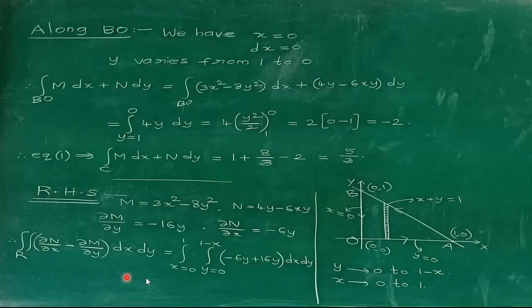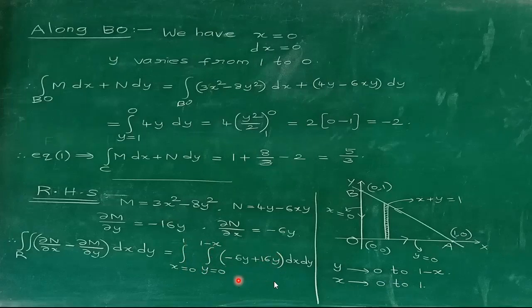But to get the limits of x and y, consider a strip either parallel to the x axis or parallel to the y axis. I have considered a strip parallel to the y axis. If you consider a strip parallel to the y axis, we get the y limits. The y limits will be taken from the lower curve to the upper curve. Here the lower value of y is y equal to 0, and the upper curve gives y equal to 1 minus x. So y varies from 0 to 1 minus x. The x limits will be taken from the points of intersection. Here x varies from 0 to 1. So substitute x from 0 to 1 and y from 0 to 1 minus x.